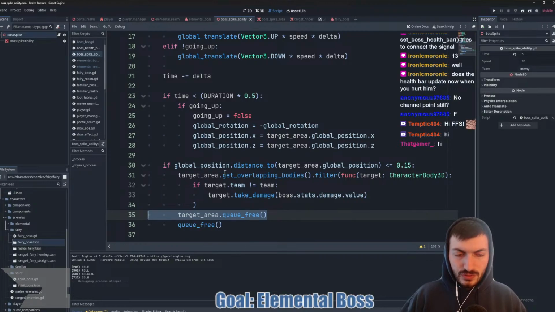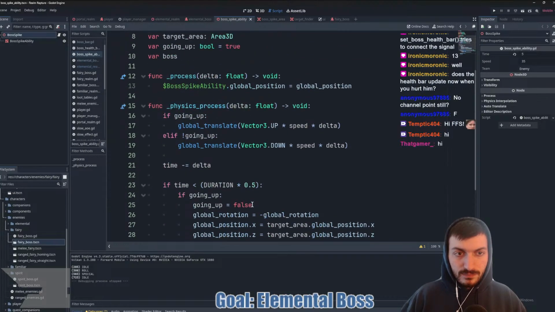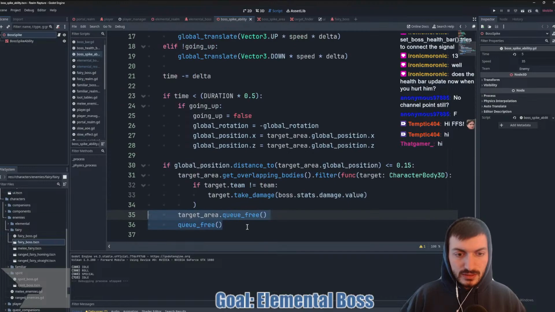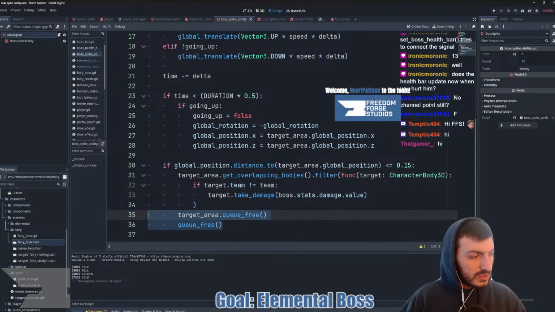If distance 2 target area, get overlapping bodies filter. Okay. So these are in the if statement in the physics process. So what is causing that to happen?